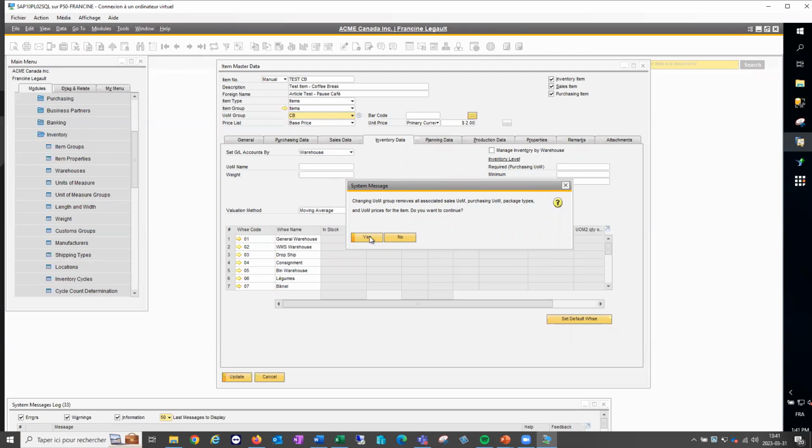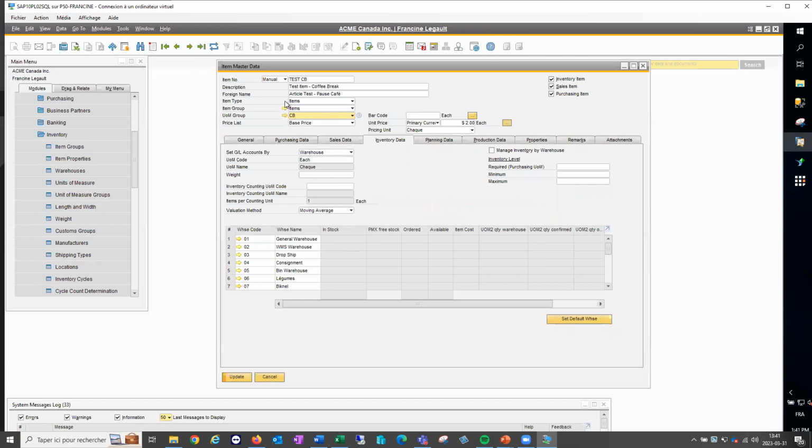So I'm going to say yes to that. Once a group is assigned to an item and you do one transaction, you cannot remove the group after that. So it's sticking to the item for the rest of its life. So you cannot remove or change the units of measure group on an item.